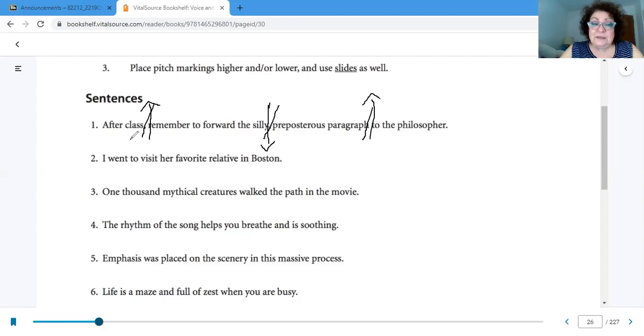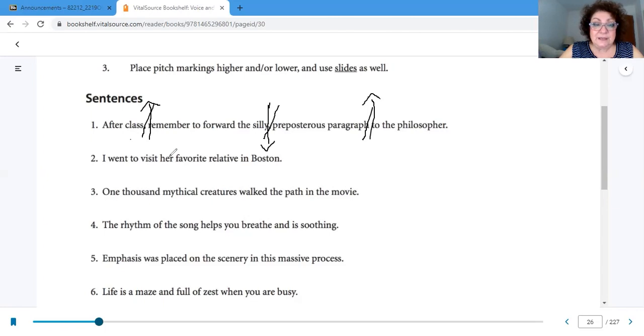I'll read the first one again. After class, remember to forward the silly, preposterous paragraph to the philosopher. Now I'm going to do it with just pauses and pitch. After class, remember to forward the silly, preposterous paragraph to the philosopher. Added much more meaning. Okay, I'm going to do another one so you can hear my voice, but more importantly,